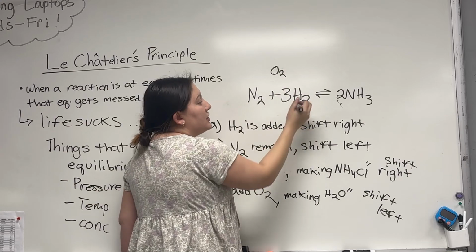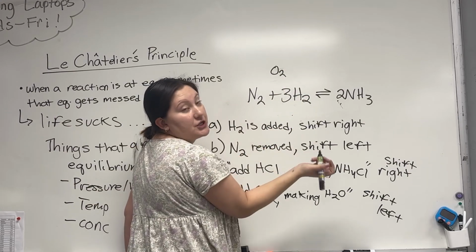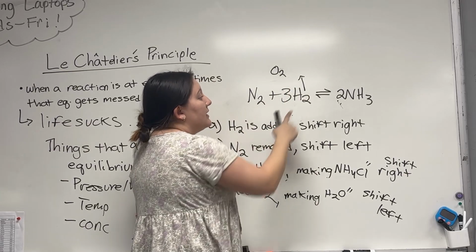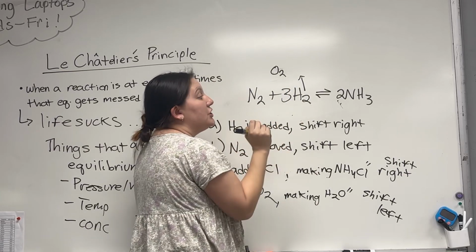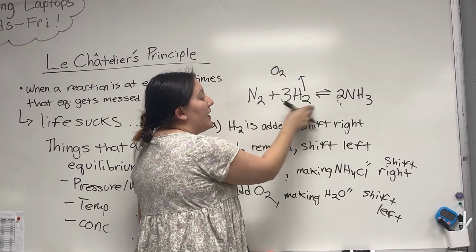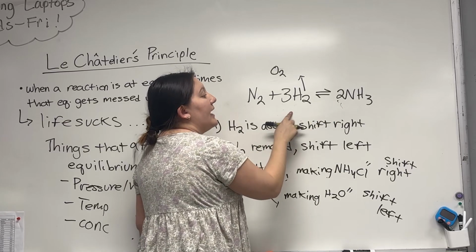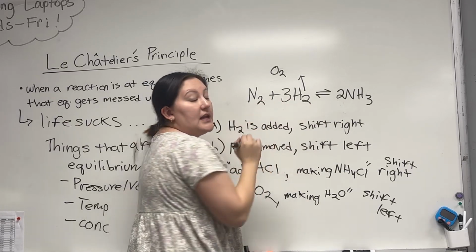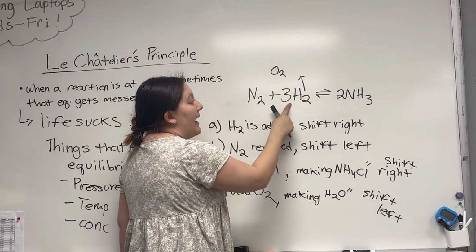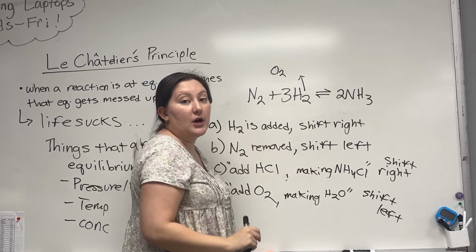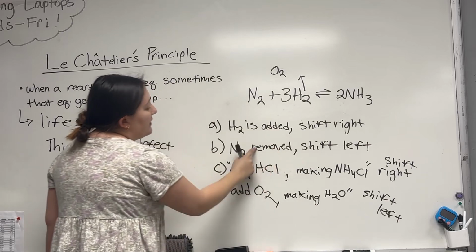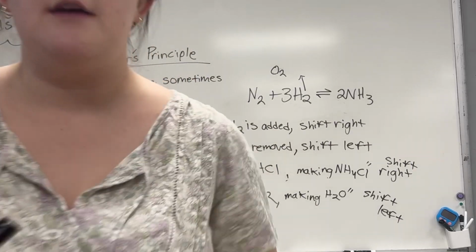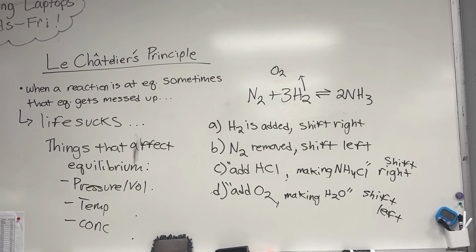Okay? Then, for that last one more time, I'm adding oxygen to make water. So if I add oxygen and I'm making water, I'm using that H2 to make water, right? H2O. So I'm taking this away, I'm creating a hole where H2 is. So if I'm creating a hole there, we need to shift towards that again to patch the hole, so to speak, to make more of the H2 to put it back because we're taking some of it out to make water. All right, so hopefully that makes sense there. Okay, I'm gonna pause there, erase and rewrite some new stuff. So bear with me for 1 second.